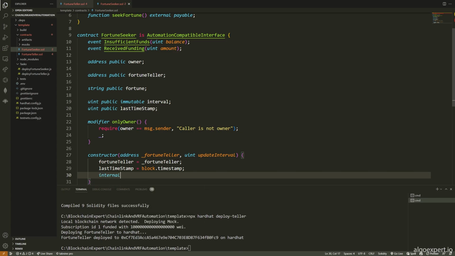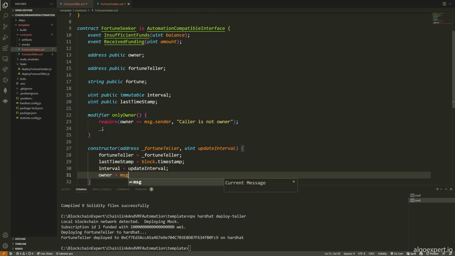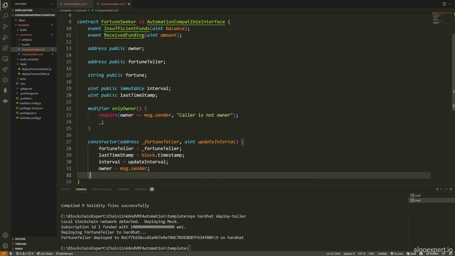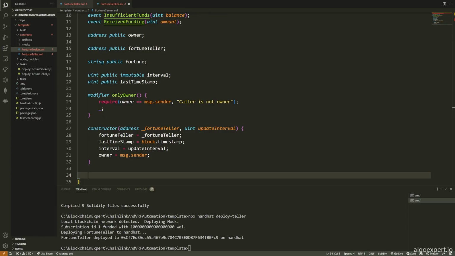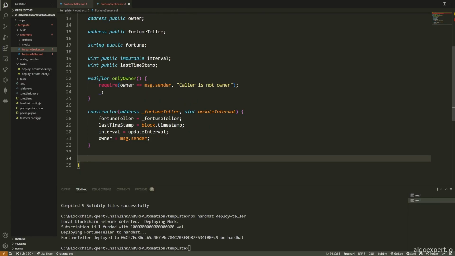We're going to say the interval is equal to the update interval. And then we're going to say the owner is equal to the message.sender. All right. Now, the two functions that we need to write here to adhere to this automation interface are check